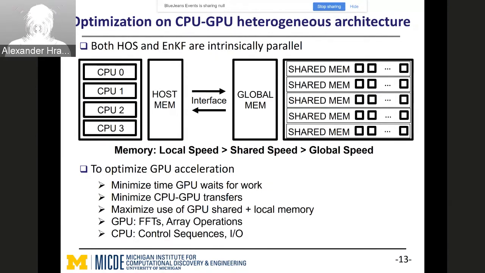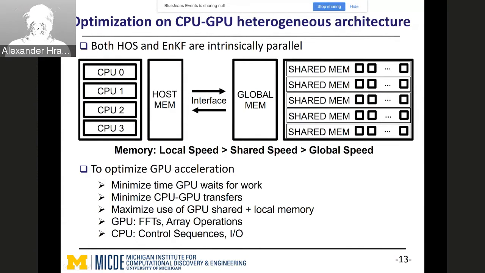One, the host, which has some relatively small number of CPUs that are each low latency and good for low volume parallel computation. On the other hand, we have the GPU, which has a high number of compute units, each higher latency, but is good for high volume parallel computation. The GPU also has a hierarchical memory structure in which each thread running on the GPU has access to global memory, which is the slowest of the three.